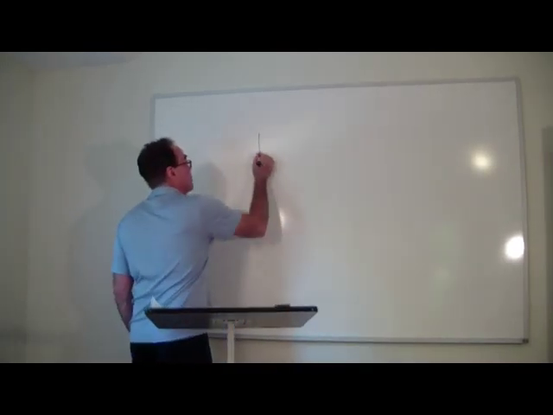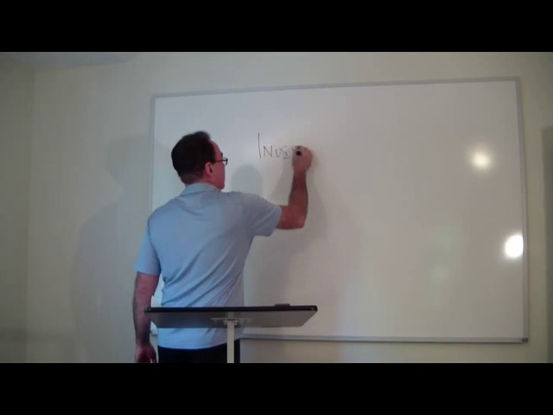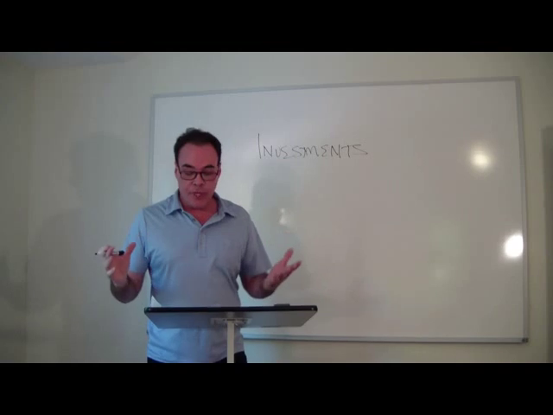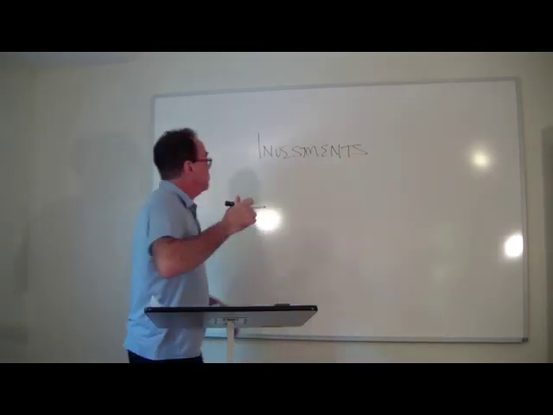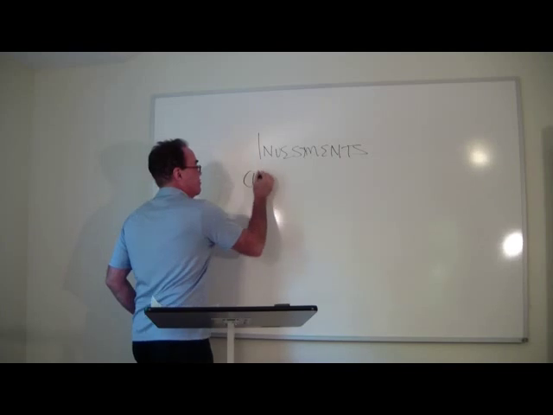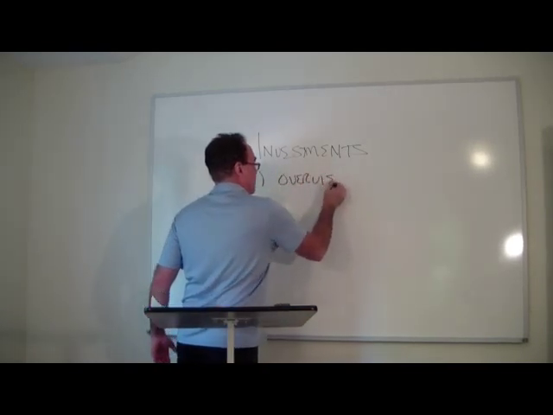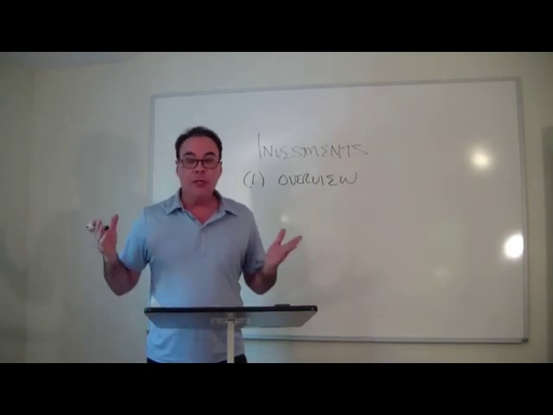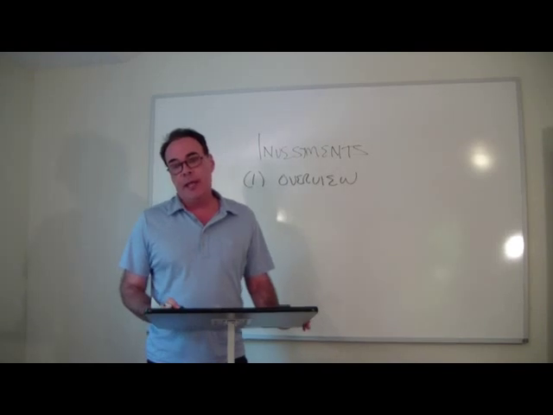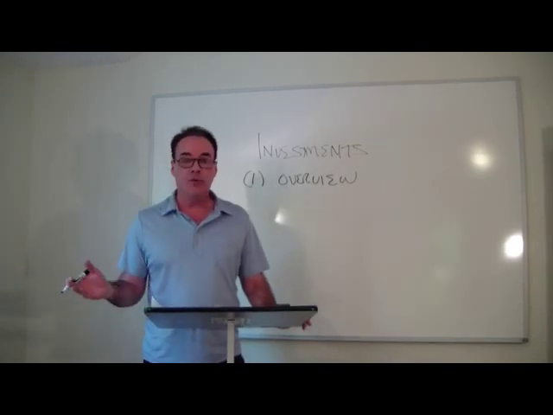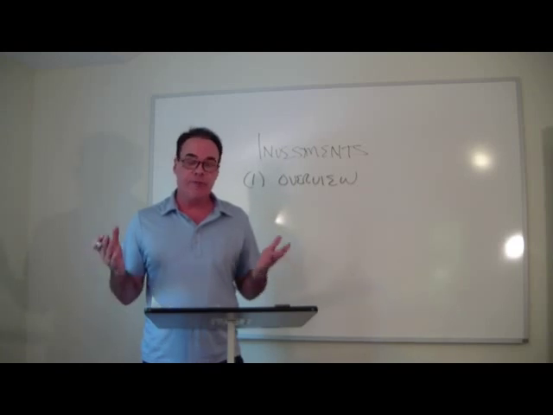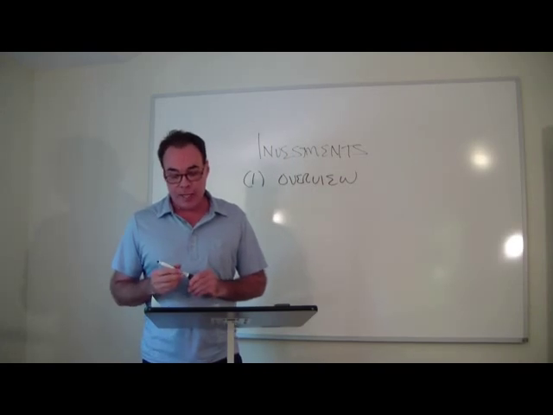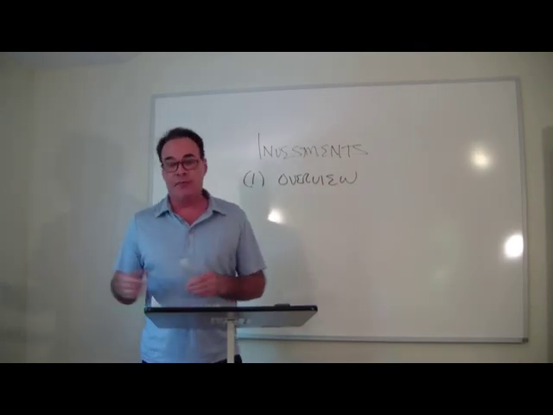So, the topic: investments. And in the first section, I'm going to provide you an overview, basically. In the overview, we're going to try to define what investments are, look at the basic accounting treatment, and the alternative methods of disclosure, what some of the basic issues are around valuation of investments and how they might be disclosed, as well as think about specific financial statements and how they might be affected.